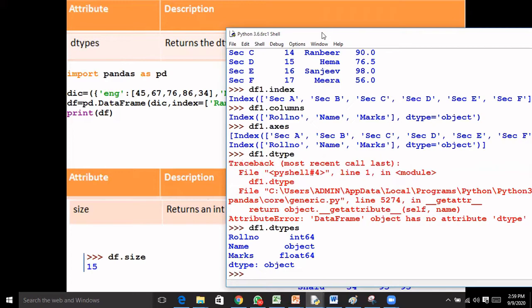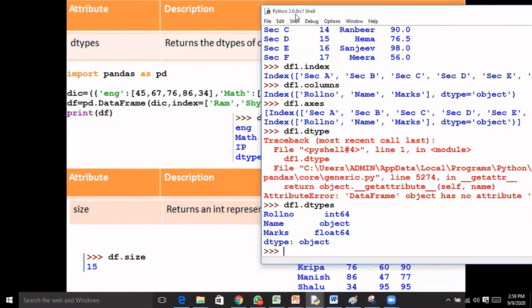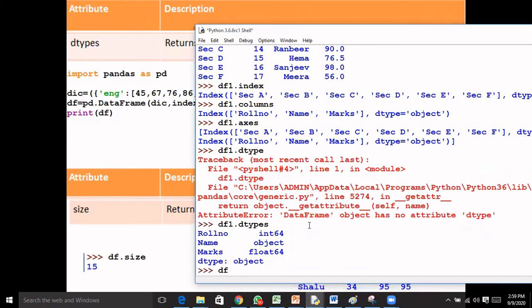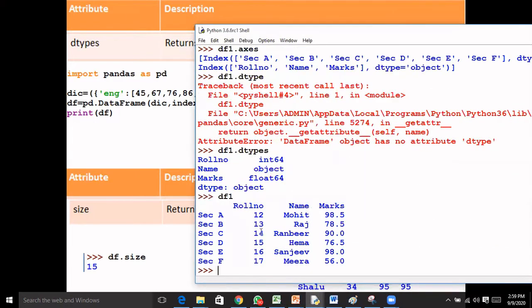Now next is df dot size. What is size? Size represents an integer number, the number of elements in the data frame. It will show how many elements are there in your data frame. Let me show you the data frame first. This is my data frame. How many elements are there? 1, 2, 3, and 1, 2, 3, 4, 5, 6. 6 times 3 is 18 elements I have.